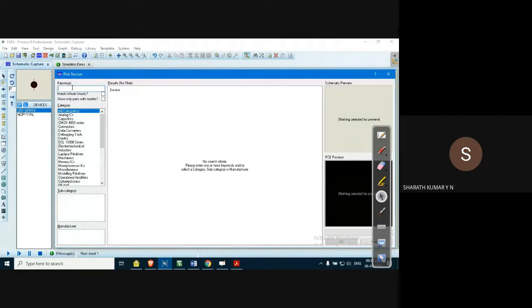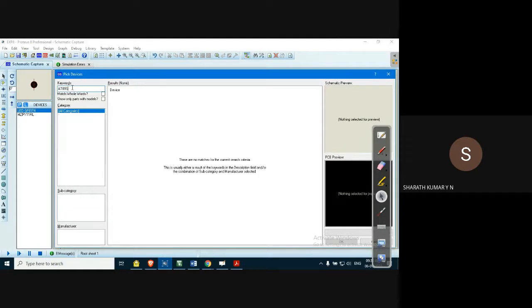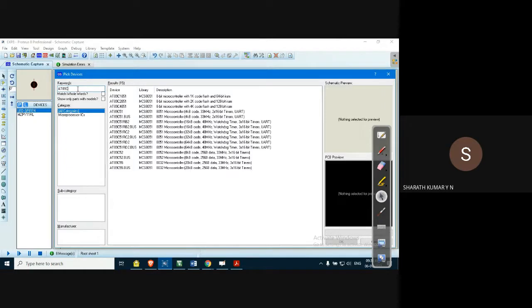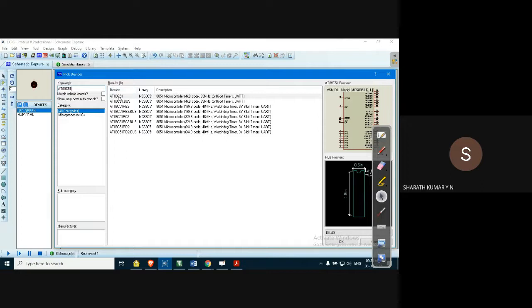Fine. The controller we use along with the ARM button board is 89S52, but we don't find this version of controller in Proteus. What we do is, instead of 89S52, select 89C51, there is a controller called C51. Can you see that? The characteristics of this controller 89C51 are similar to that of 89S52. What are the characteristics of this controller? You can see them in this portion here.